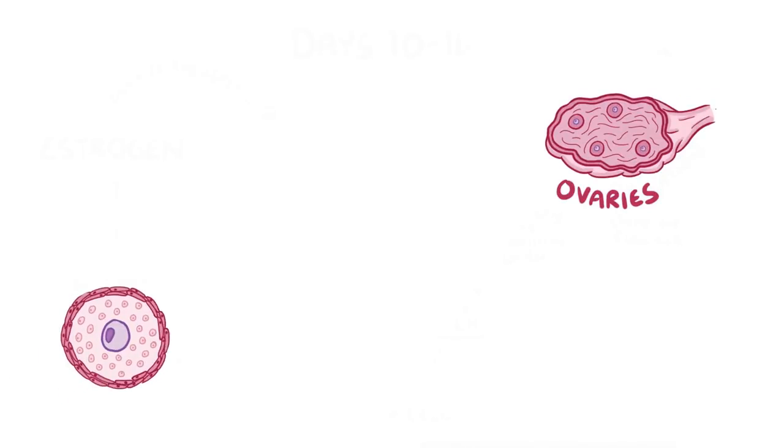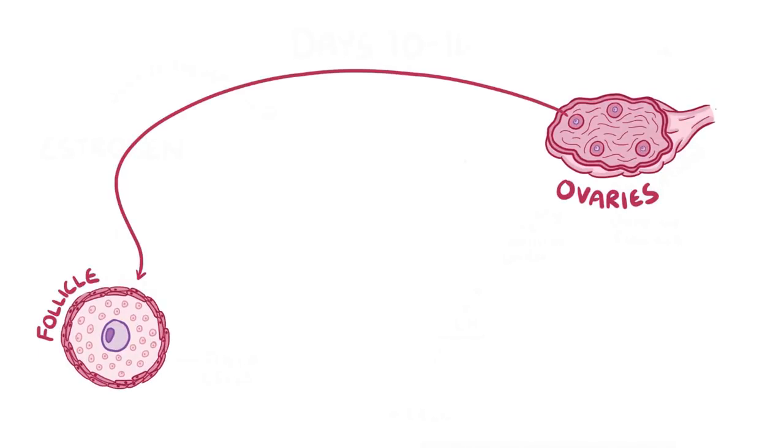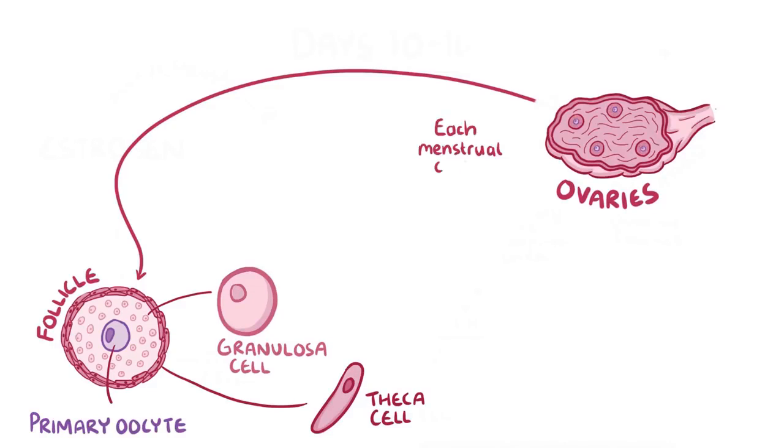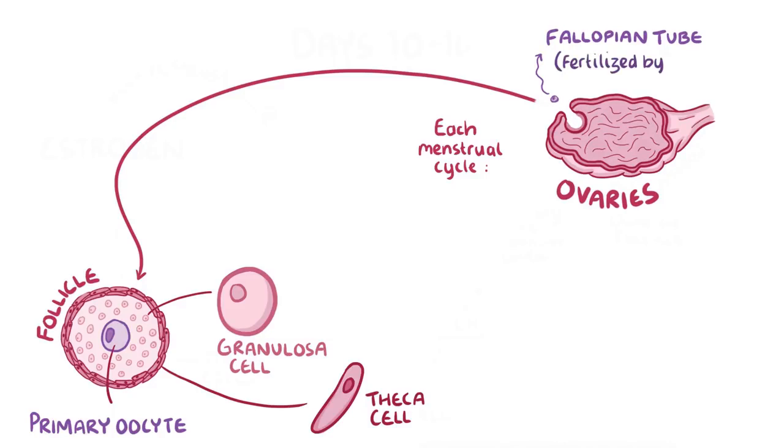During the reproductive period, the ovaries have basically got a ton of ovarian follicles scattered inside of them. And each ovarian follicle is made up of a ring of granulosa and theca cells surrounding a primary oocyte at the core. And during each menstrual cycle, one of these follicles ruptures at ovulation, and it releases the oocyte out into the fallopian tube, where it can be fertilised by a sperm, or it can just carry on down its path and you don't get pregnant.